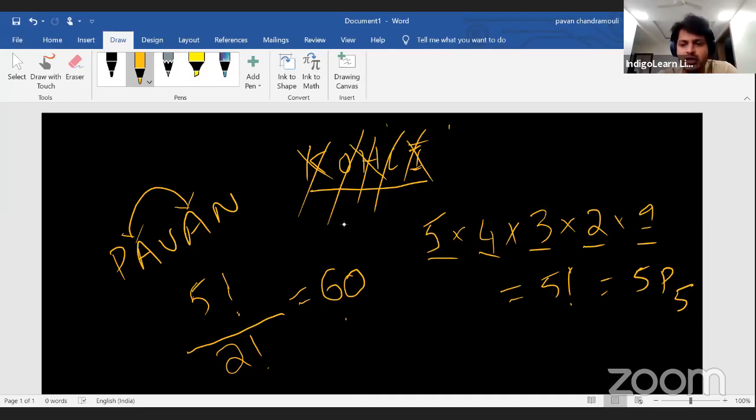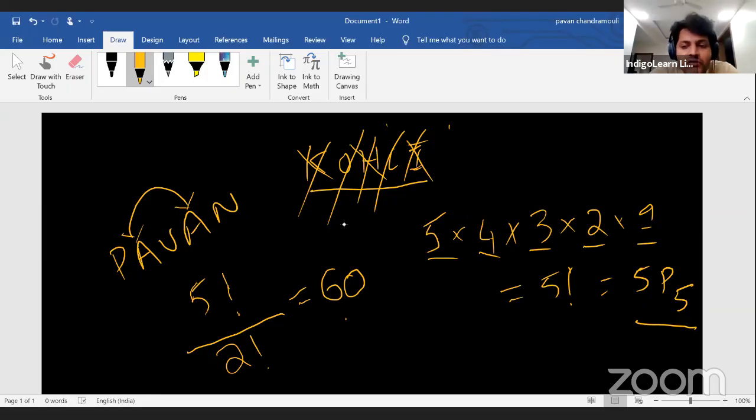Now there is a very interesting question that I have come across. For example, look at the word Koli itself. In how many ways can you rearrange the letters of the word Koli? I'm coming back to Koli. In how many ways can you rearrange the letters of the word Koli? So students told me the answer is 120. There's no difference. So I'll rephrase the question, or I will ask the question again. In how many ways can you rearrange the letters of the word Koli?